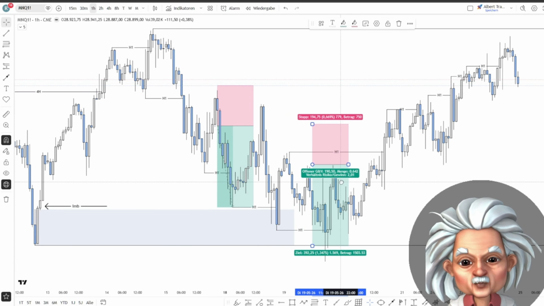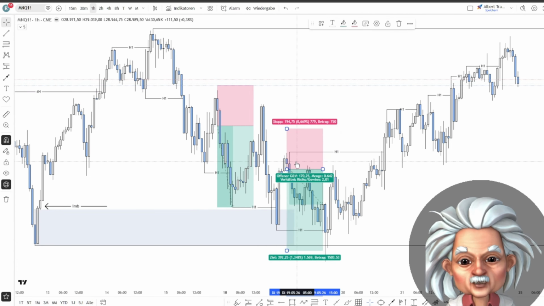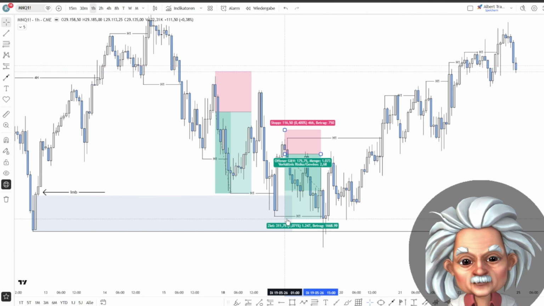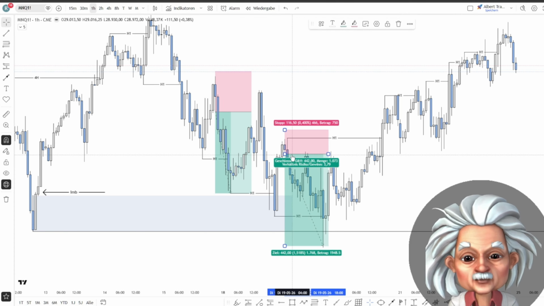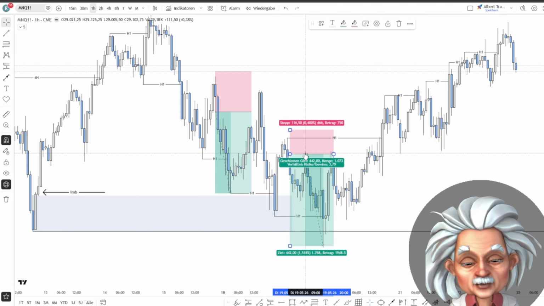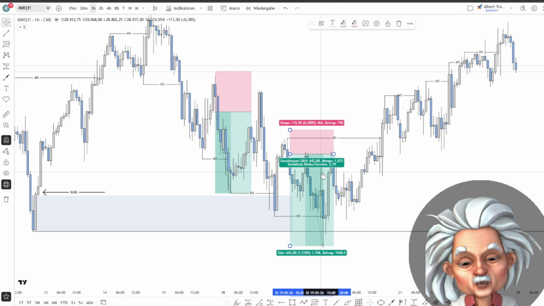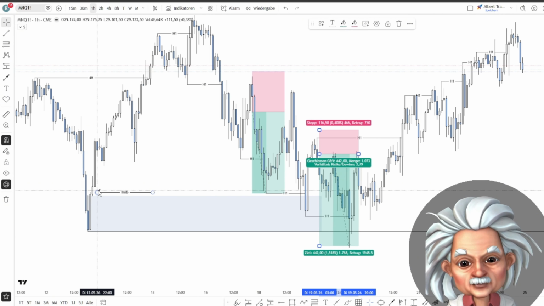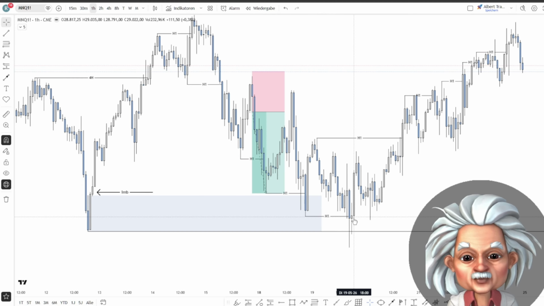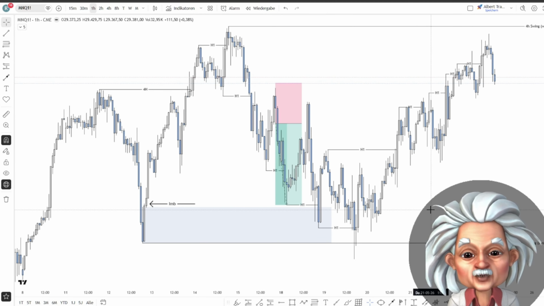Also, I don't want to tell you to go short, for example, from this place here, you know? Why? Because this is the complete extreme. When the market pushes down and you want to go short here, it's very low probability because this imbalance is already filled, and that the market will make another leg to the downside is not very high probability. So at this point, you have to simply wait and sit on your hands and then look at what the market